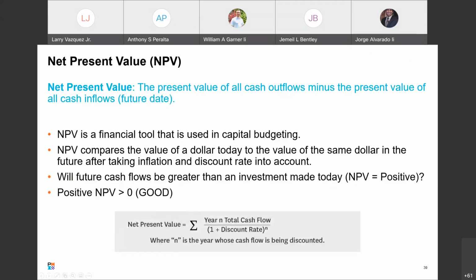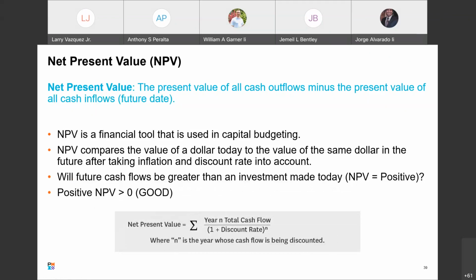All right, here's that thing we talked about. Net present value. This is another one. Don't get tied up on the formula. I don't think it's going to ask you to calculate what the net present value is. You just need to know what it is, and we're going to go over that here now.